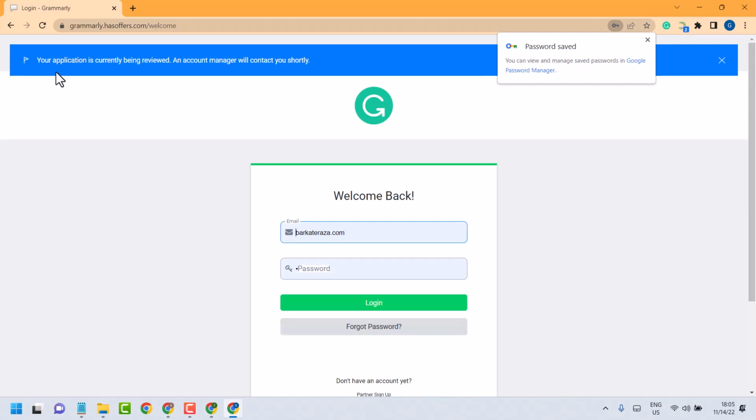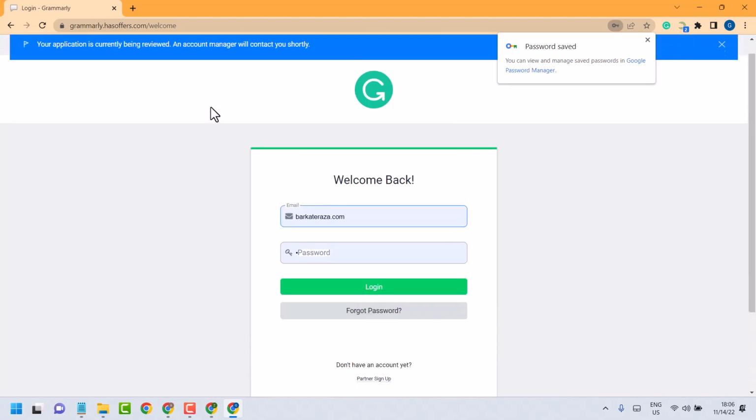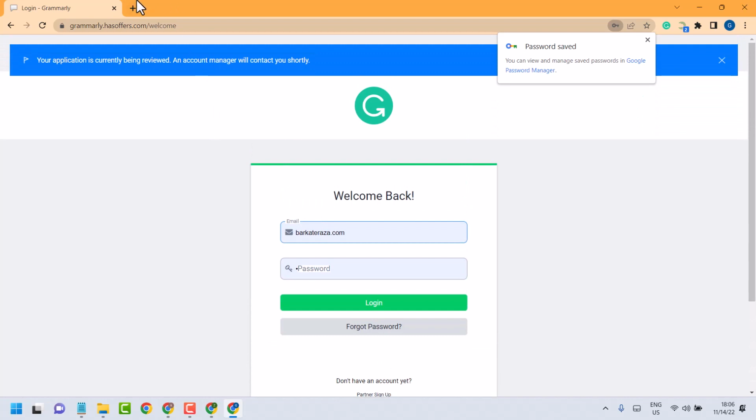Now guys, you will see your application is currently being reviewed. An account manager will contact you shortly. So wait for approval. So this is the way guys you can